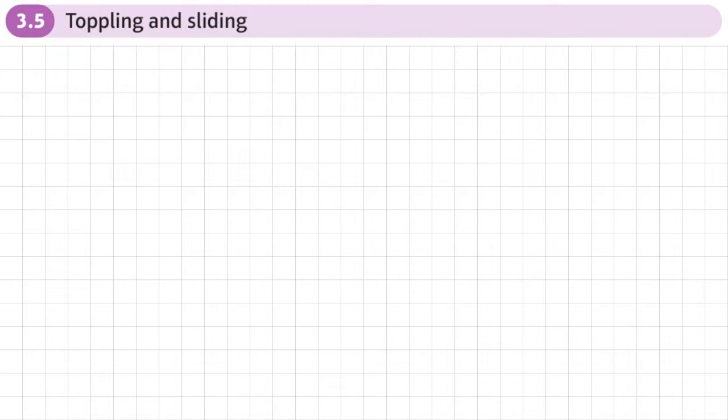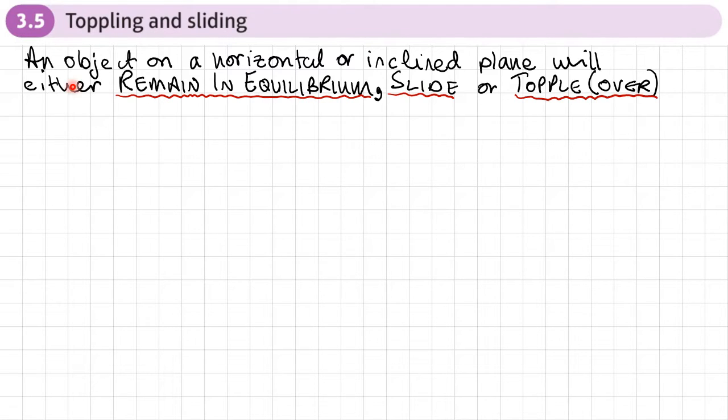This is the fifth and final section of chapter 3, further centres of mass, and this section is all about toppling and sliding. Now, an object which is on a horizontal or an inclined plane will either remain in equilibrium, slide either down the plane or across the horizontal plane, or topple over. And all of this depends on the angle of the incline, if it's on an inclined plane, the maximum frictional force, which is related to the coefficient of friction, and also the line of action where gravity acts in the